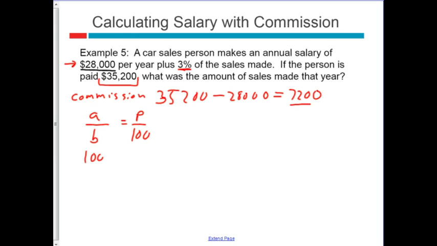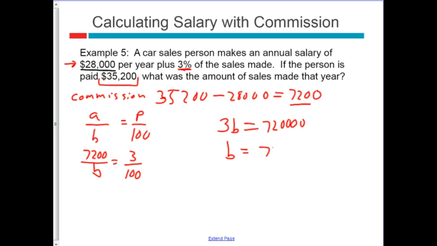So I have 100A. Oh, sorry, I didn't finish setting this up. So I have P is 3. And I know the amount of the commission this time was $7,200. You had to sell a lot more than $7,200 worth of cars to get that amount, so the B is appropriately on the bottom there. And I get 3B equals 7200 with 2 more zeros after it. So B is 72,000